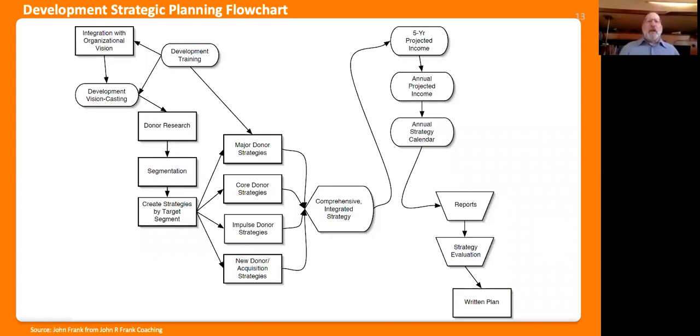This is an overview slide of what I call development strategic planning by relationships. I was working for years, struggled a little bit with the word fundraising. Is that just getting money from people, or do we really care about them as stewards? My definition of development is creating opportunities to connect God's people to God's work. Well, I came up with the question: how do we do that? Is it just fundraising strategies, just letters, just asking, just this? How do we really look at the relationship with a Christian or someone who wants to please God with their stewardship? So this is what I came up with.